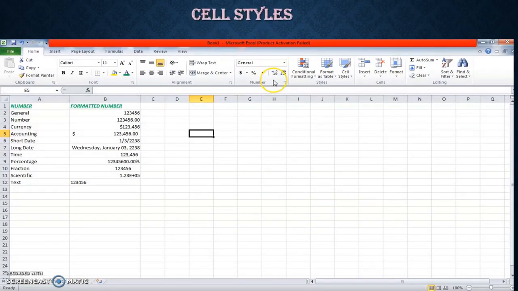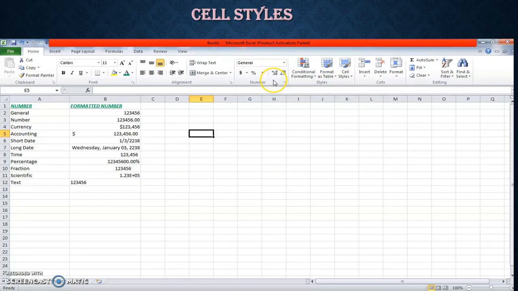Next we will see about the cell style. We can use the Excel 2016 pre-designed cell styles rather than formatting cells manually. Cell styles are used to quickly add professional level formatting to different parts of the worksheet, such as the titles and headers. Using cell styles, we can make the title and header.